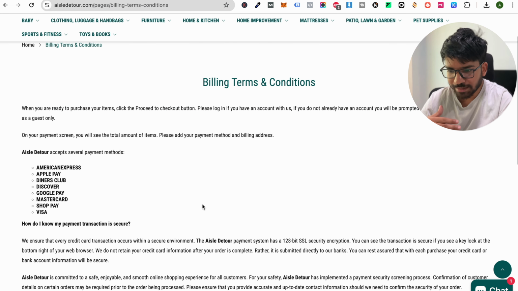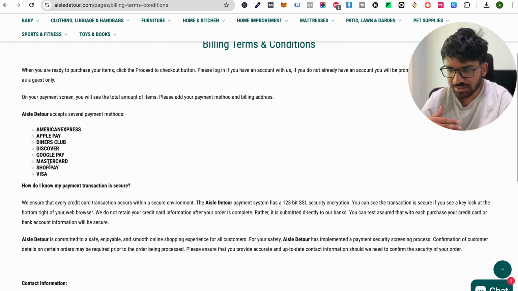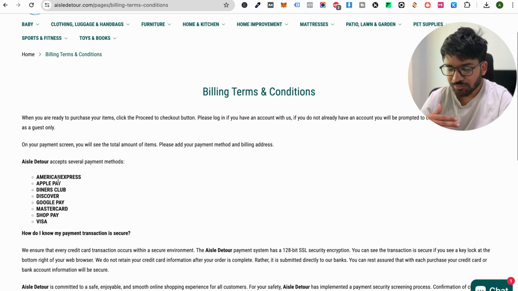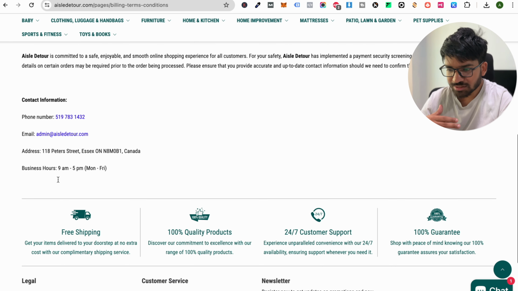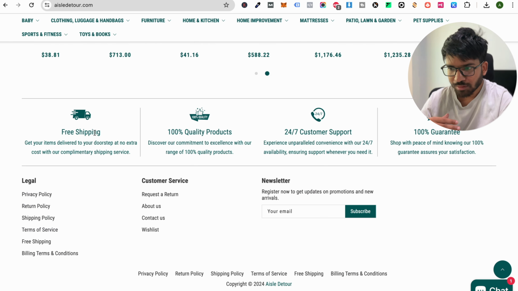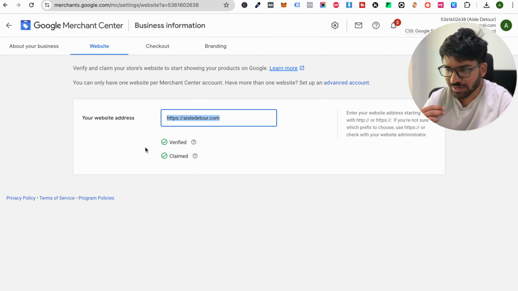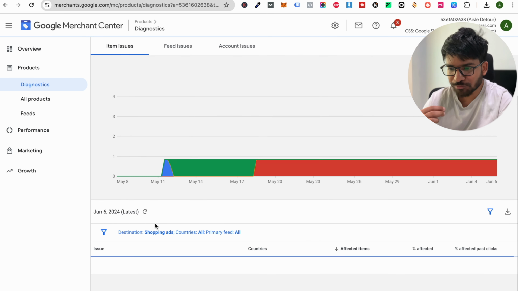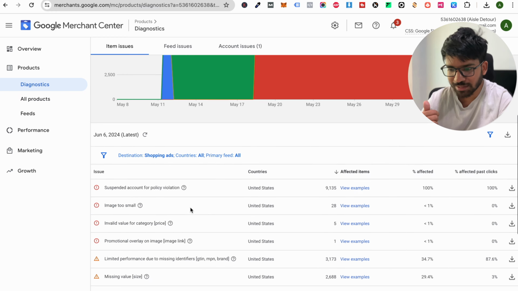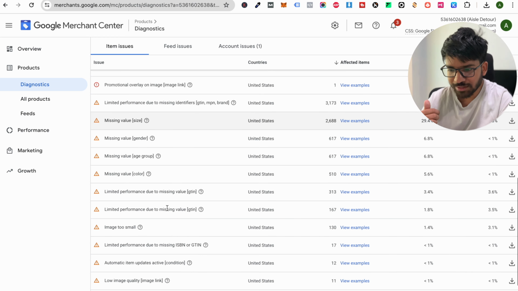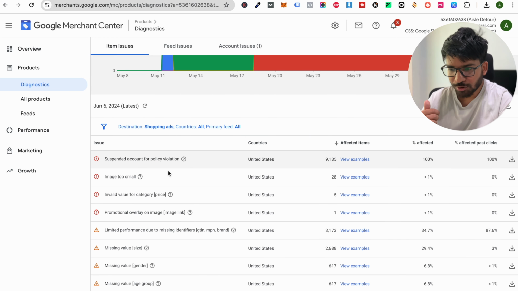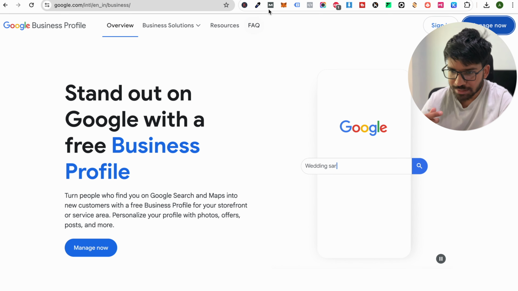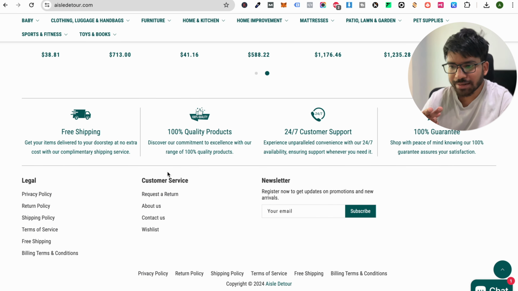Let me go to the billing and terms and conditions. Here you can see all the payment gateway information is mentioned. Yeah, it is fine. So we have found a lot of information that we need to fix. First of all, we need to fix the product data. We need to fix all the product data issues related to our feed. All of these errors we need to fix, and then we need to update our